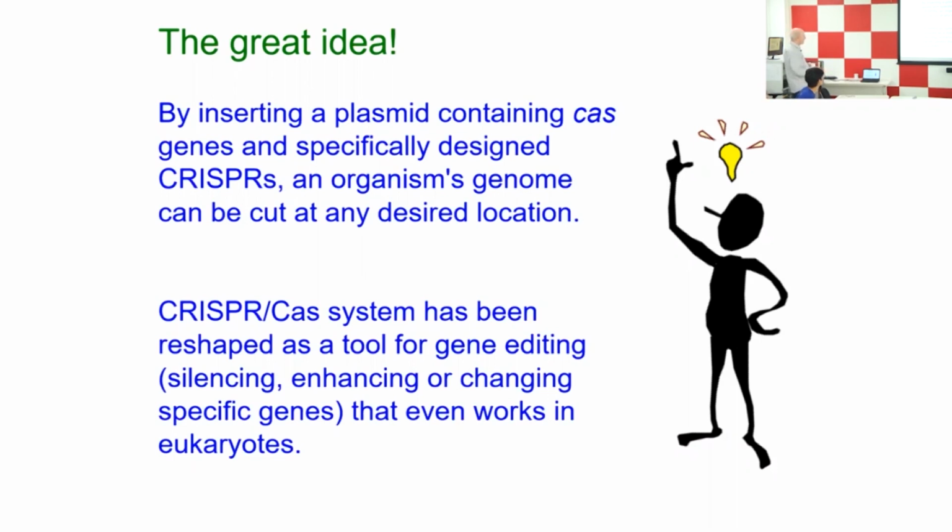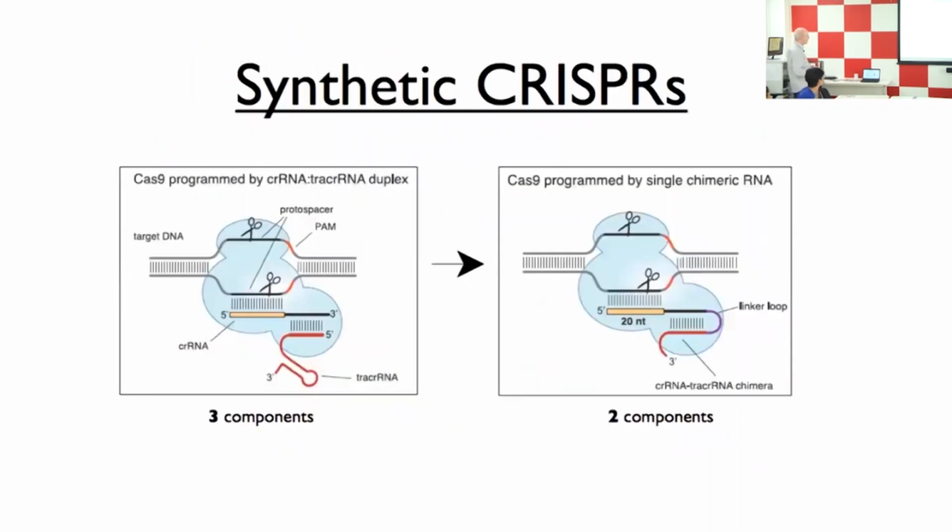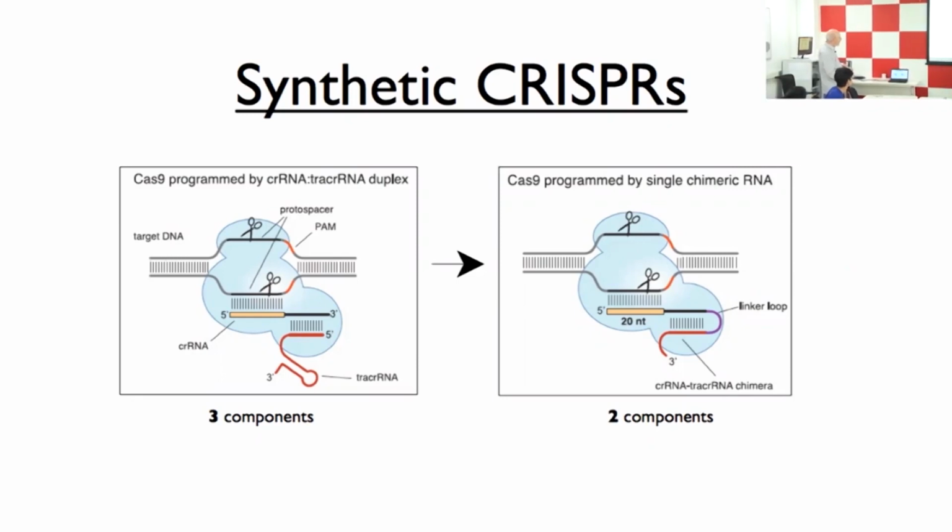But then, on the basis of that, CRISPR-Cas systems have been reshaped as a tool for gene editing in various ways. Okay, so I'll tell you some of them. Just for the record, there are different types of CRISPR systems. The ones that are more used might act as a system with 3 components. The 3 components are the Cas9 protein, then the so-called crRNA, that is the RNA that guides the